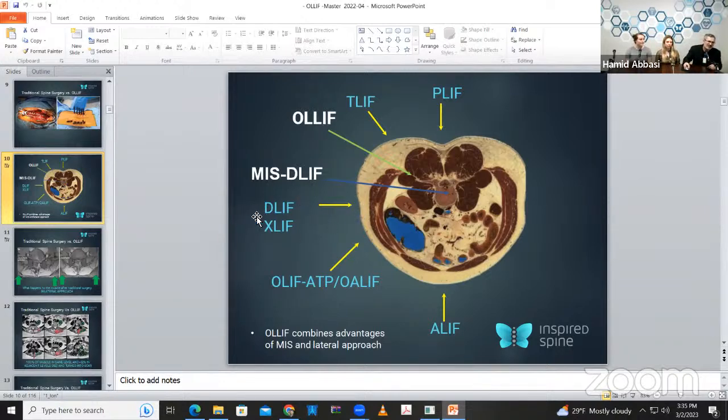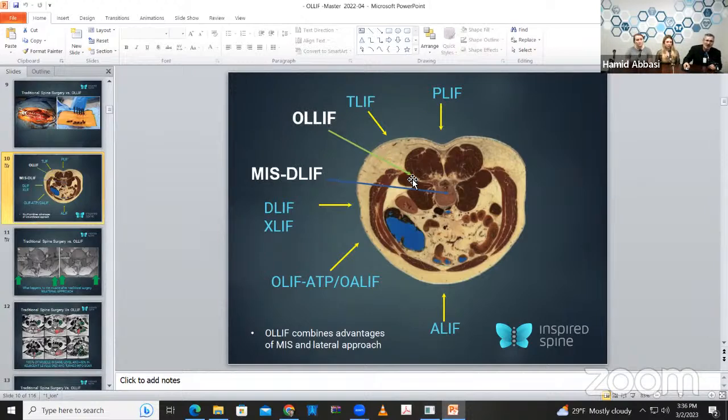Then there are ways to go from the side or from front and the side. By the way, this is called oblique lateral interbody fusion anterior to psoas, or oblique anterior lumbar interbody fusion. This is not what we are going to talk about. This is still true belly. Our two procedures are OLLIF, oblique lateral posterior lumbar interbody fusion, and minimal invasive direct lateral, where patient is